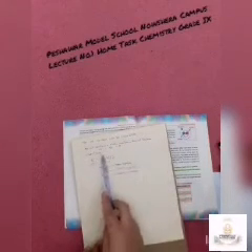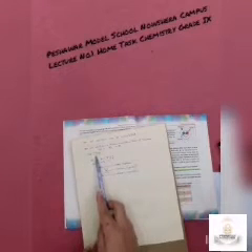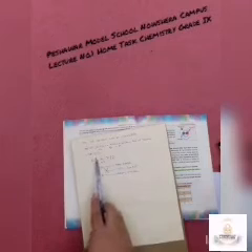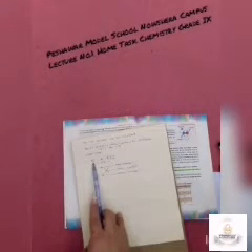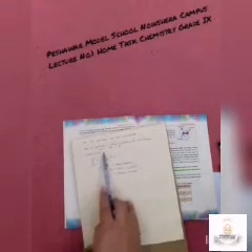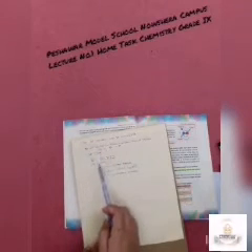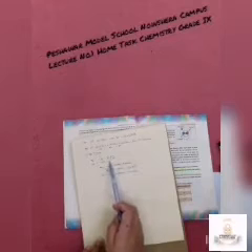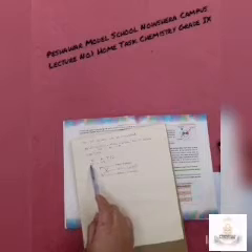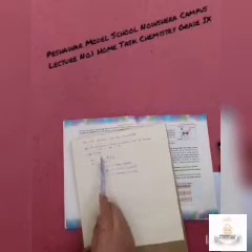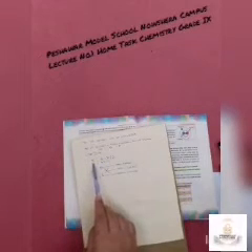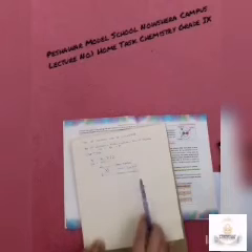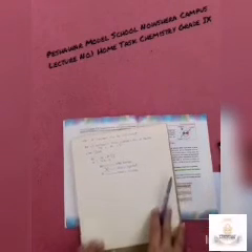Let's take an example of sodium. Sodium's atomic number is 11 and its mass number is 23. We find out how many neutrons a sodium atom has. The mass number is 23 and the atomic number is 11. When we subtract 11 from 23, the answer is 12, so the number of neutrons is 12. It means that a sodium atom has 12 neutrons, 11 protons and 11 electrons.